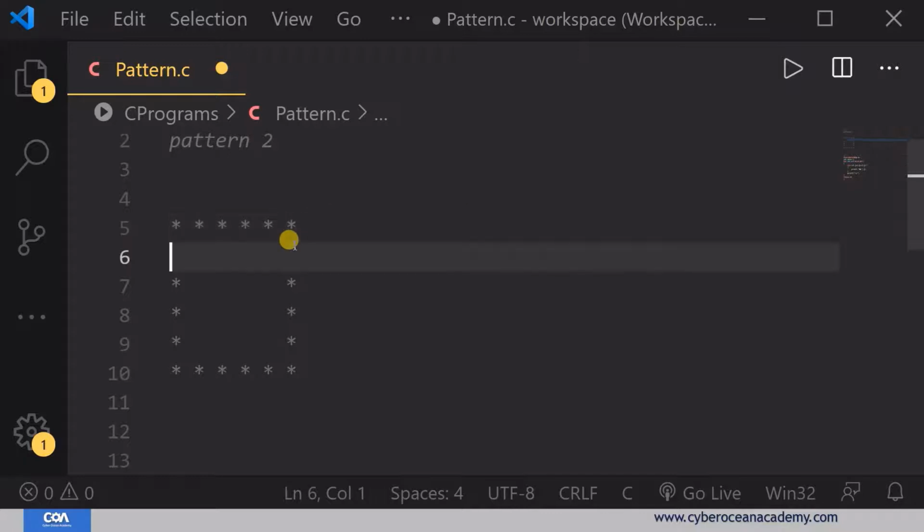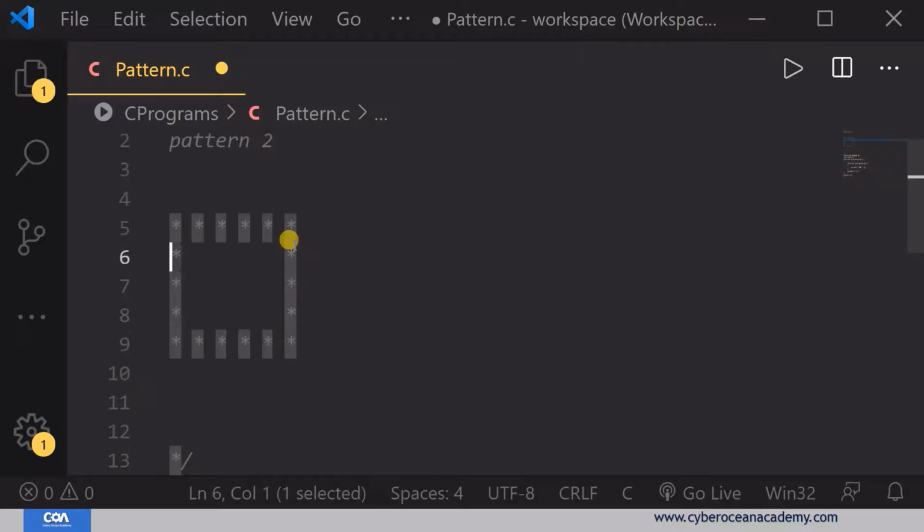Now see that in these three rows, the value will print in the first column and in the last column, and other than these columns there is a space, a gap.